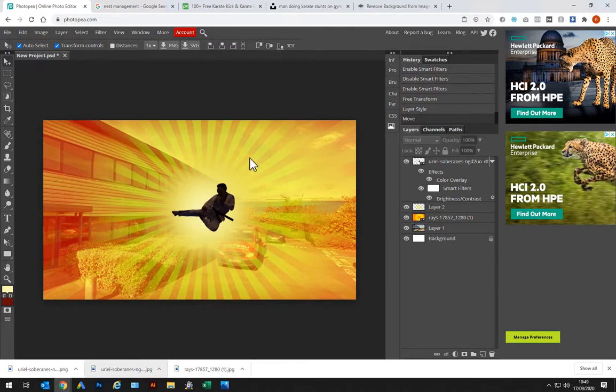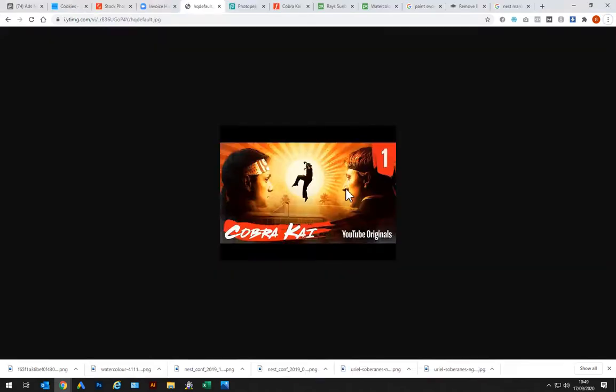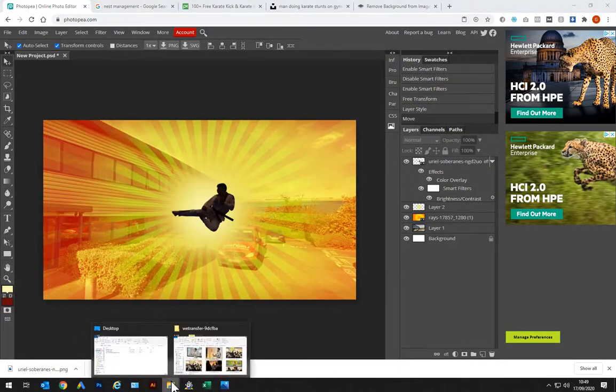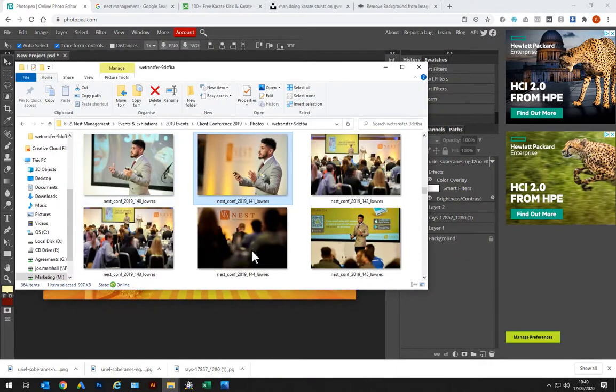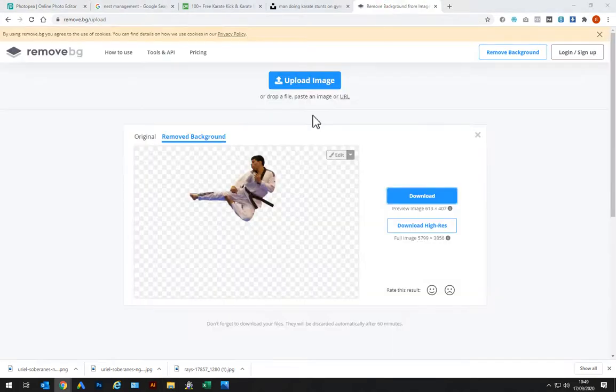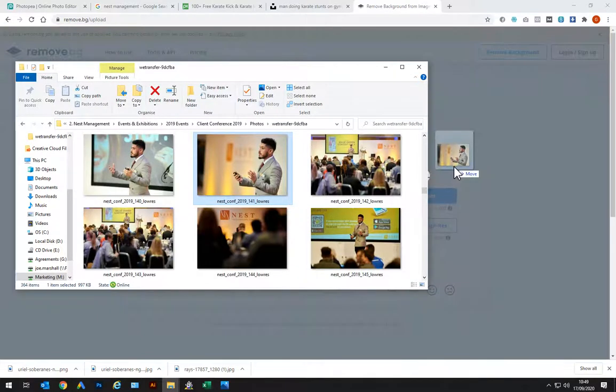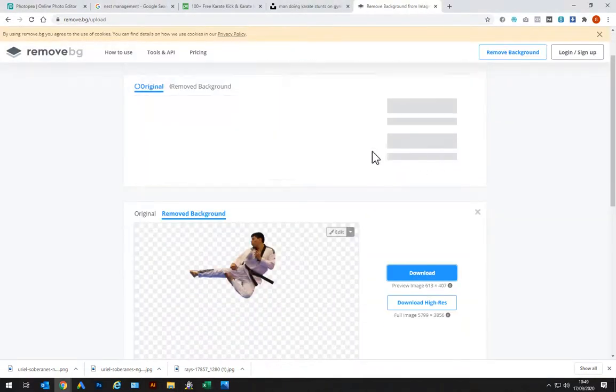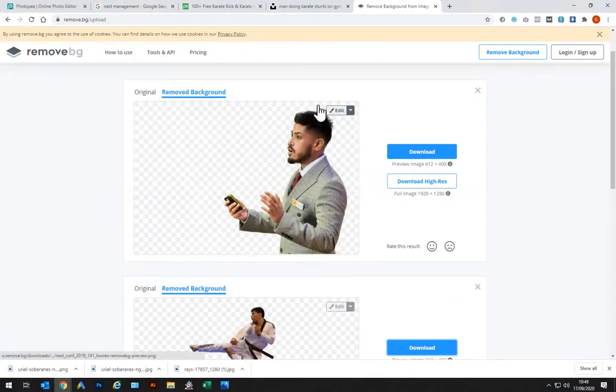So we're looking good. Now the next thing to do is we need one of these sort of profile photos of somebody. So you might have seen before, I was looking at some of the pictures from our client conference, trying to find one that's easy to cut out. Now Bal, quite a photogenic guy, let's use the one of Bal here, I'm sure he won't mind. I'm going to drag that onto the same background remover tool. You see it scanning that, and immediately has removed the background. I'll download it